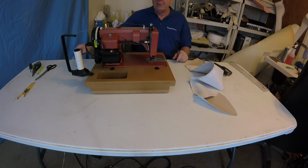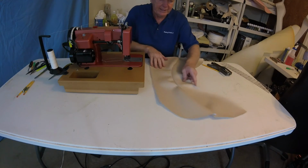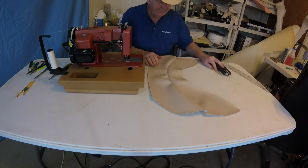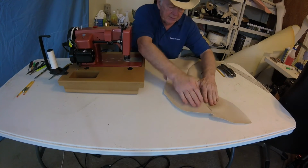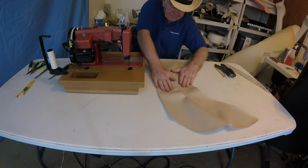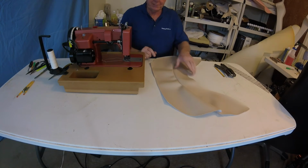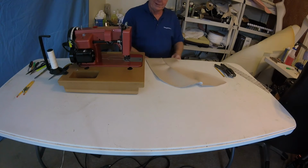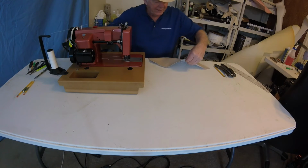Okay, let me take the staples out and I'll show you what we got. Okay, welcome back here. I've decided that it looks okay. I think when it stretches, it will stretch fine. I've decided to do something wild. Let's put a double seam on this one. It's not going to be exactly like the other one because I didn't do it on that one, but when I think about it,